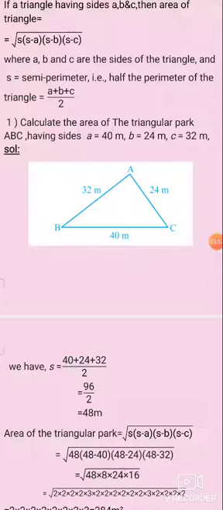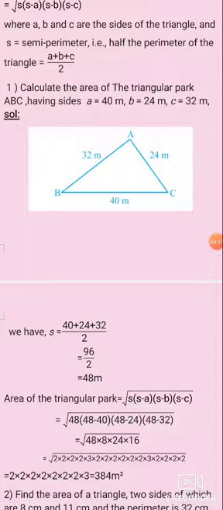Now to find out the square root of what? So the square root of this one is what? From this group of 2, a pair of 2, we take 1 two outside. That is 2 into 2 into 2 into 2 into 2 into 2 into 2 into 3. Now multiply all that. That is equal to what? 384 meter square. So inside the square root, from a group of 2 we need to consider outside the square root only 1, 2. The next group of 2, we take 1, 2 outside like that.